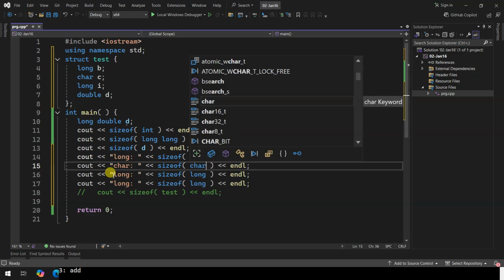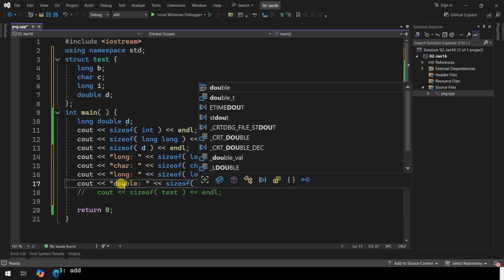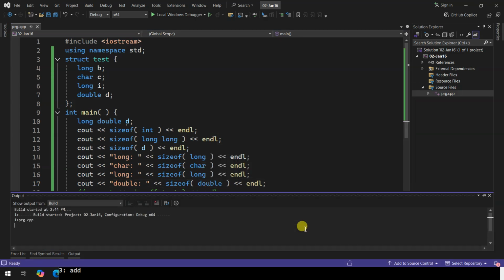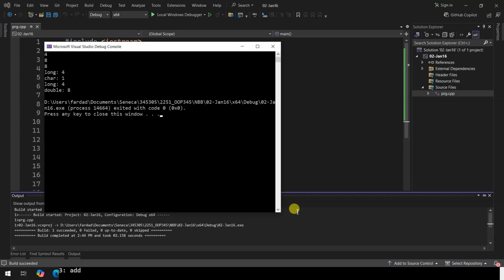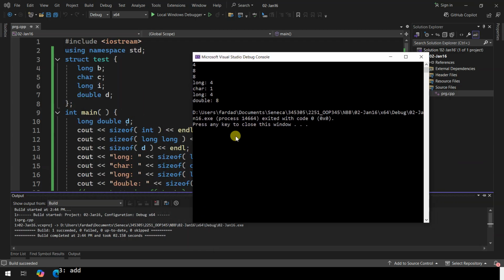The other one is long again, and I have a double, right? Now, having said that, running this, we have these values, right? And let's do the math. So I have 4 plus 1, 5. OK, so that's right. Well, let's actually see what the size is.